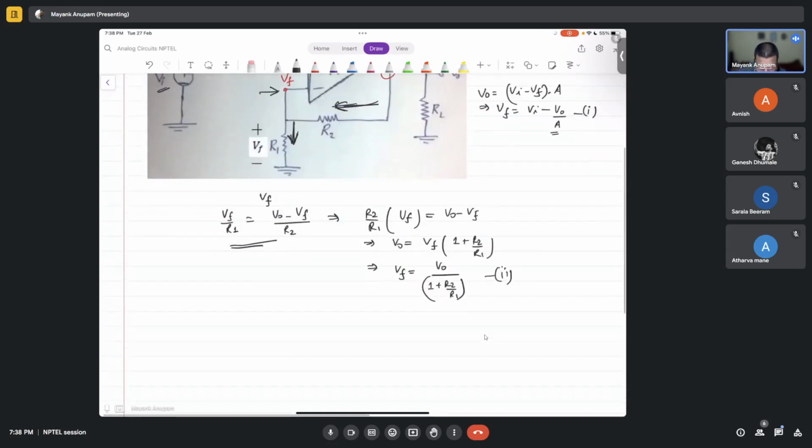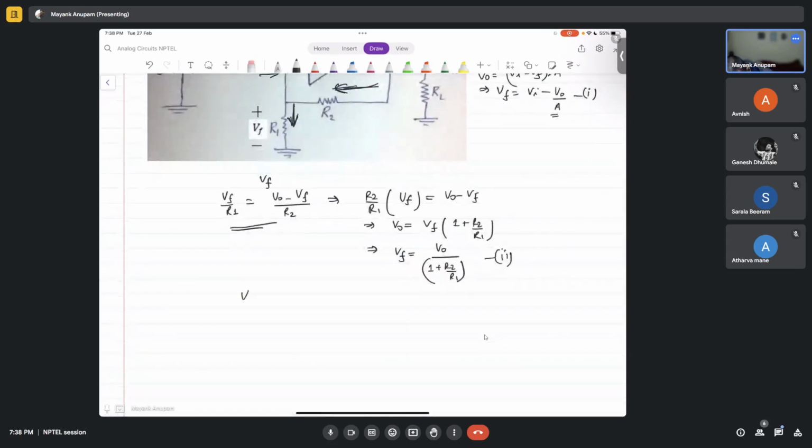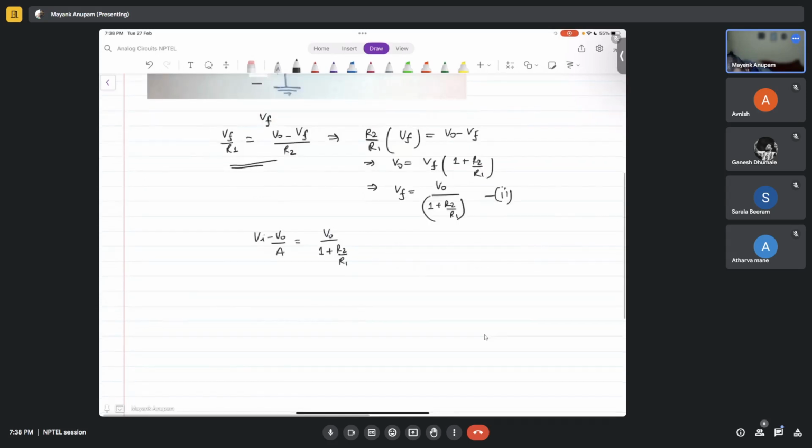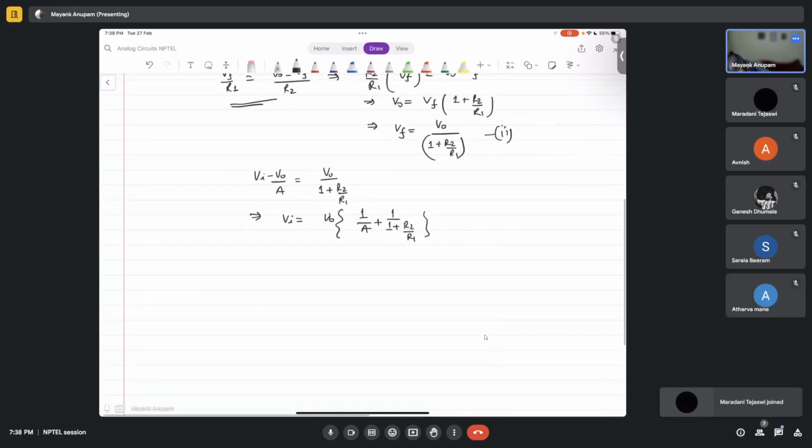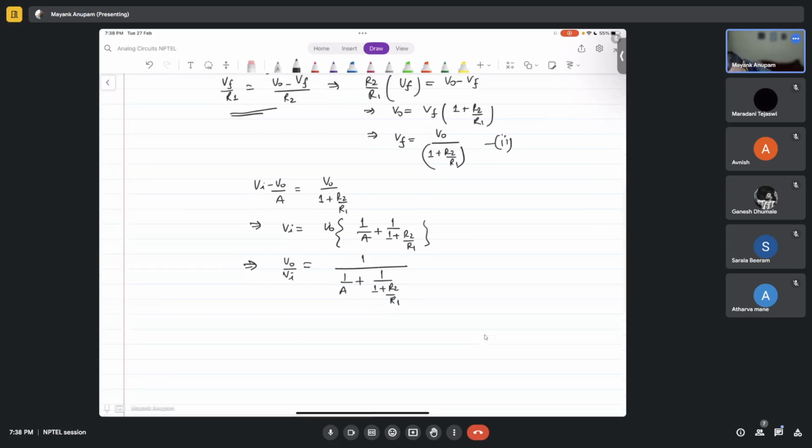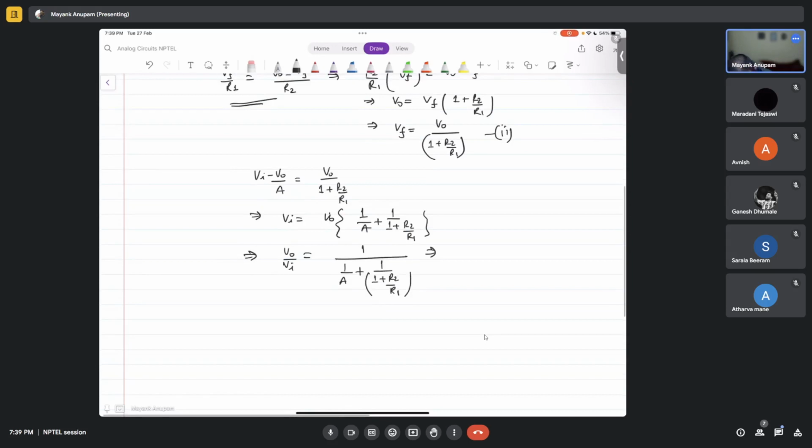So you can simply equate Vf in both the equations. So you will get Vi minus V0 upon A has to be equal to V0 upon 1 plus R2 by R1. So from here, what will you get? Vi is equal to V0 into 1 by A plus 1 over 1 plus R2 by R1. So V0 by Vi is equal to 1 over 1 by A plus 1 by 1 plus R2 by R1, isn't it? If you write it in other terms, this will be,